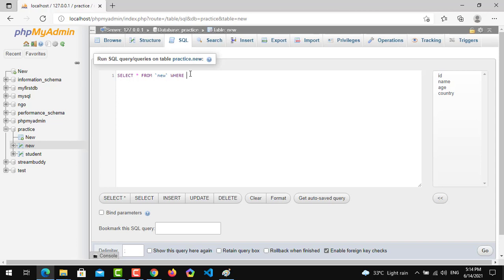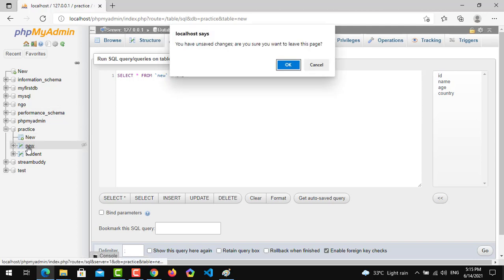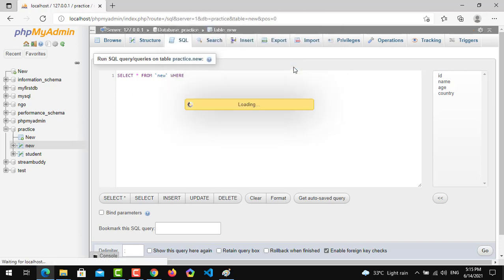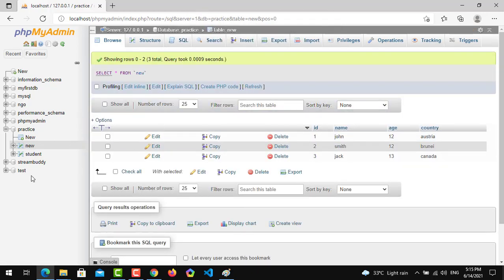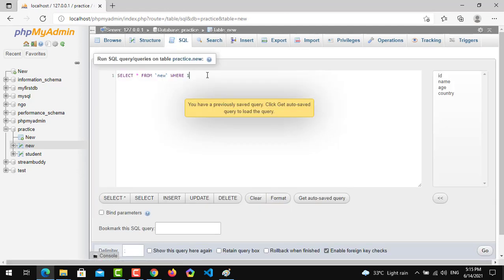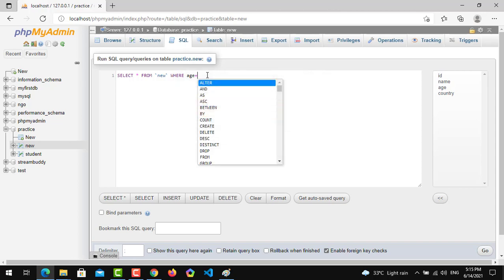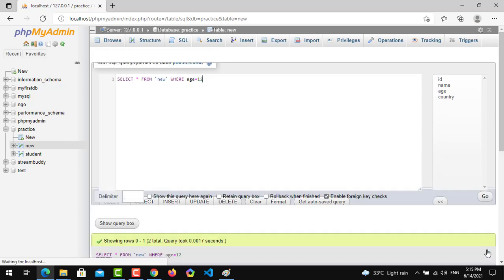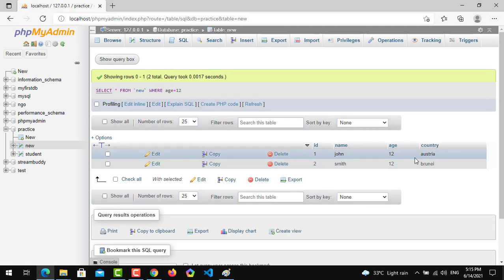Select star from our table new, where age is equal to 12. Now it will render all the data of the students whose age is 12.